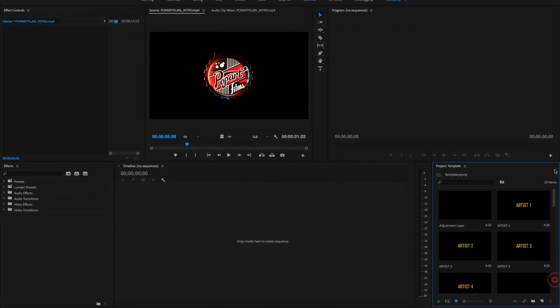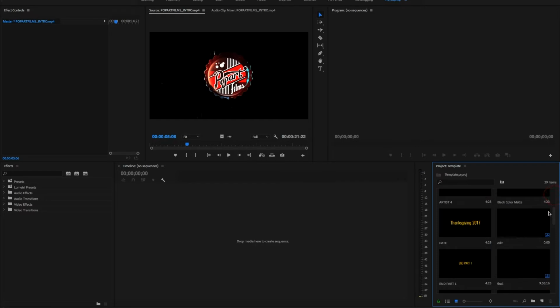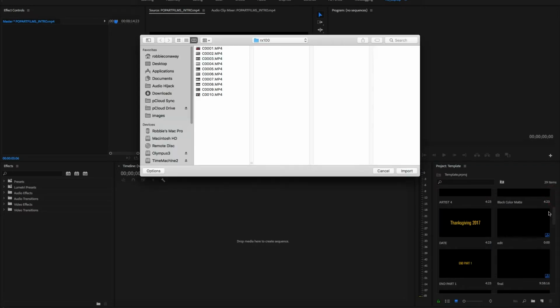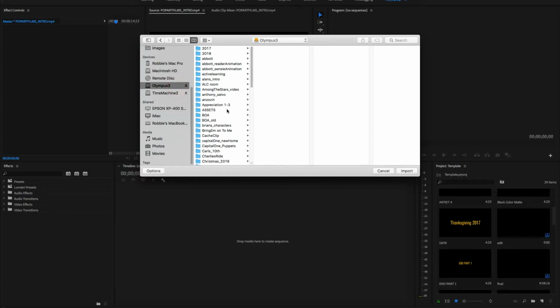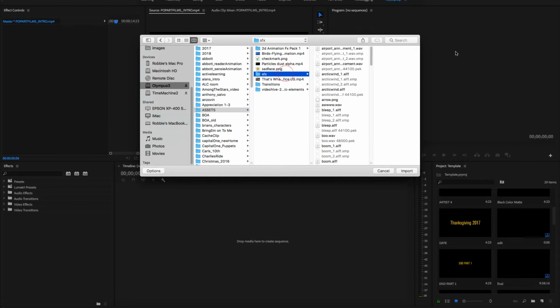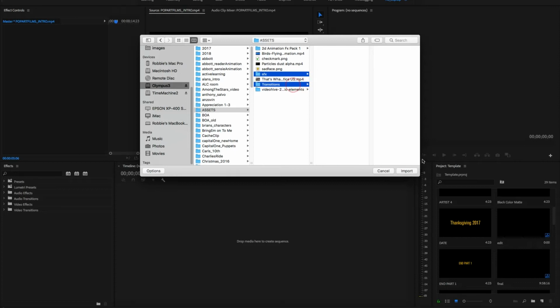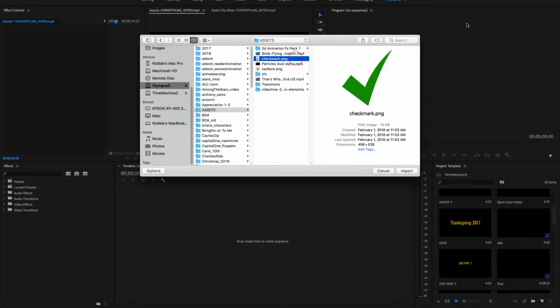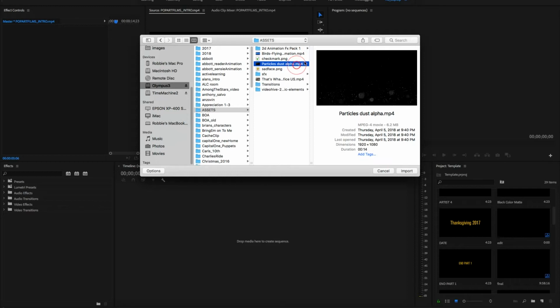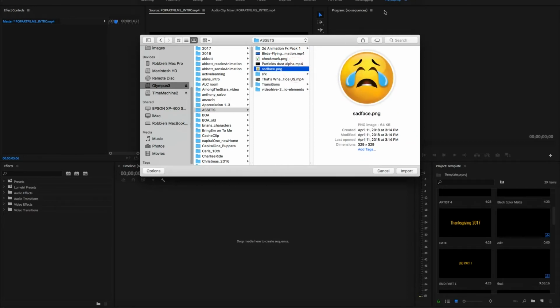Now, the other stuff that I will bring in is a couple of folders that I keep and use all the time. And I call it assets. And within assets, I have two main ones. And that's a sound effects folder when I want to use sound effects, and a transitions folder for transitions. There's also some random other stuff that I might use: check marks, particle dust, sad face PNGs,